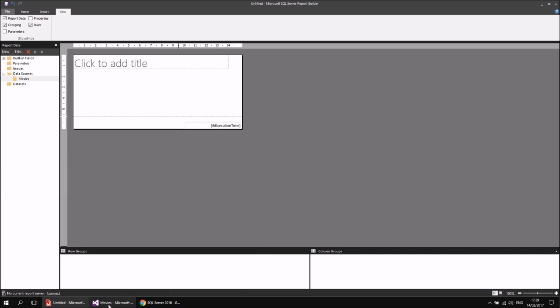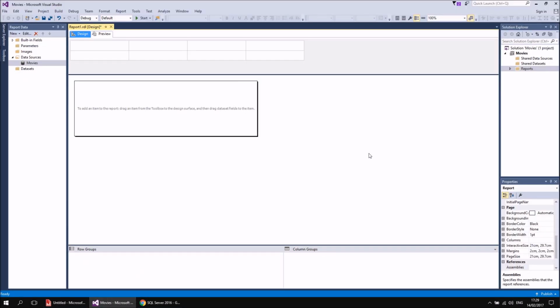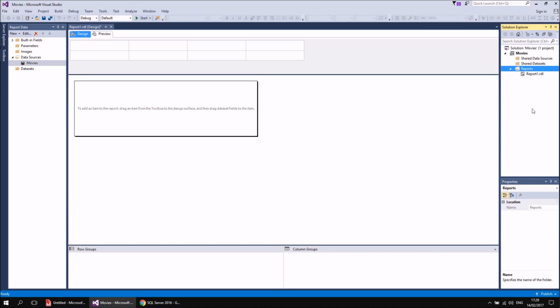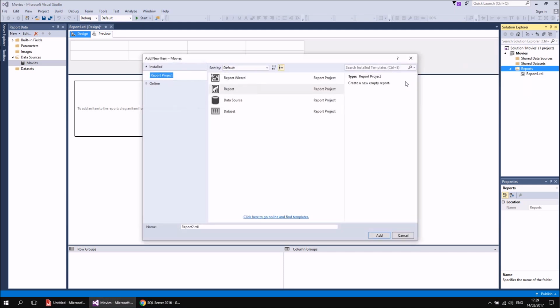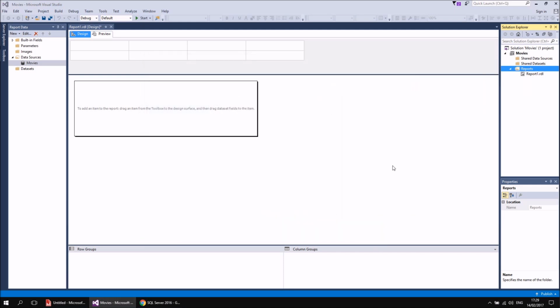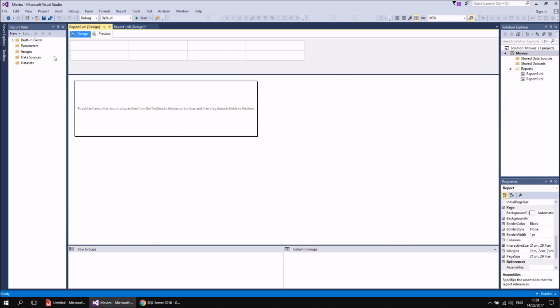In report server projects in SQL Server Data Tools or Visual Studio, that's slightly different. When you work on a report project, you can work on as many different reports as you like. You can carry on adding more and more reports and work on a whole set of reports all in one single project. Now, if I had to carry on building up a connection to my movies database every single time